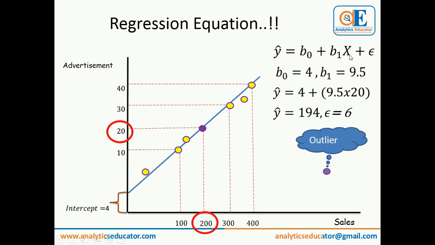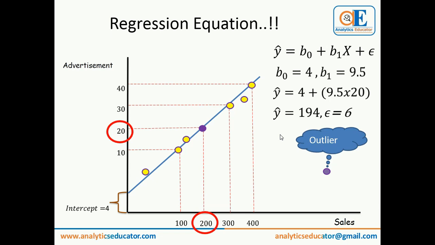And increase by how much? If I increase X by 1 unit, means if I advertise for 1 rupee, then 9.5 units of sales will be there. So what will happen if I advertise for 2 rupees? So 19 bottles of water will be sold. 9.5 into 2. Now you understand. Clear up to this much?